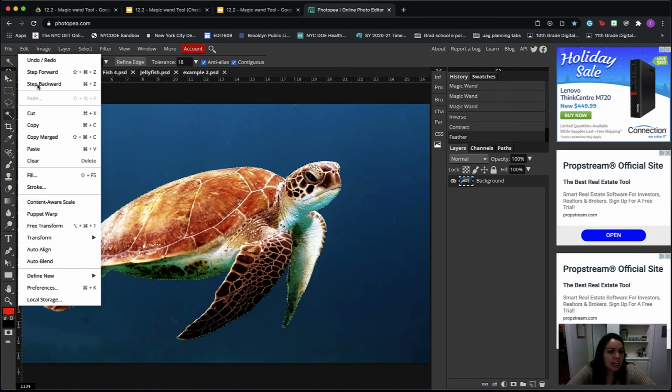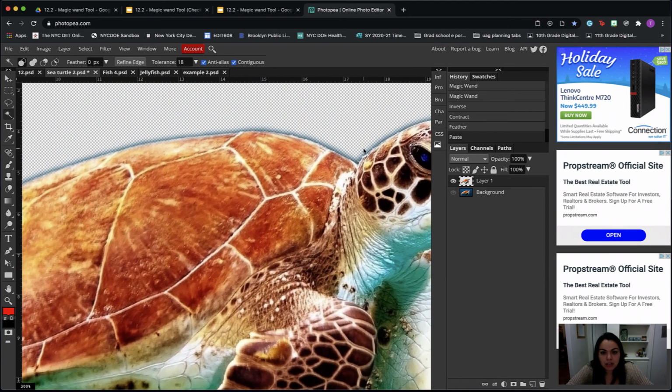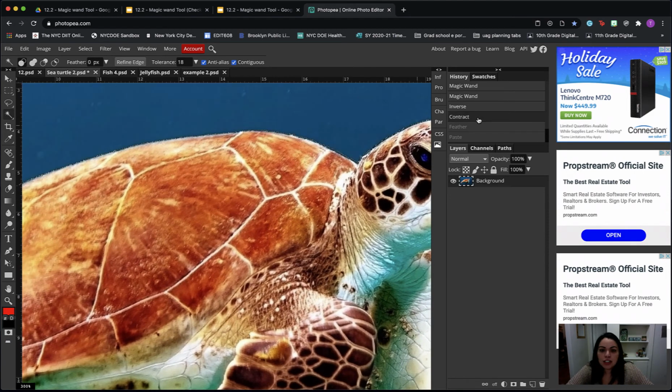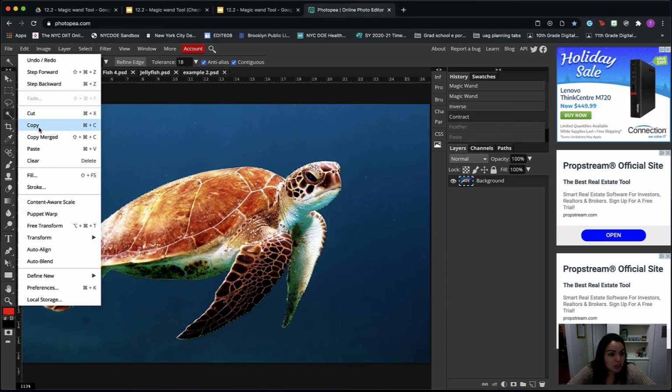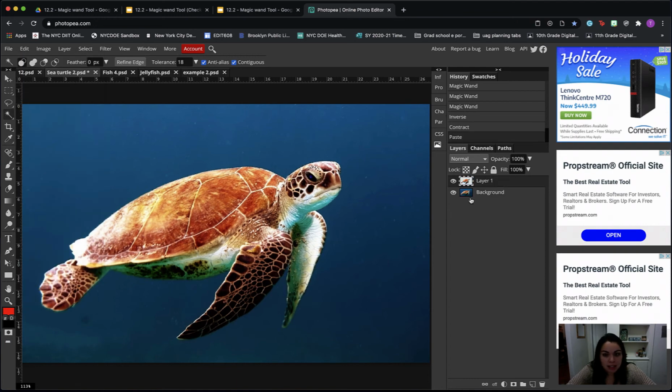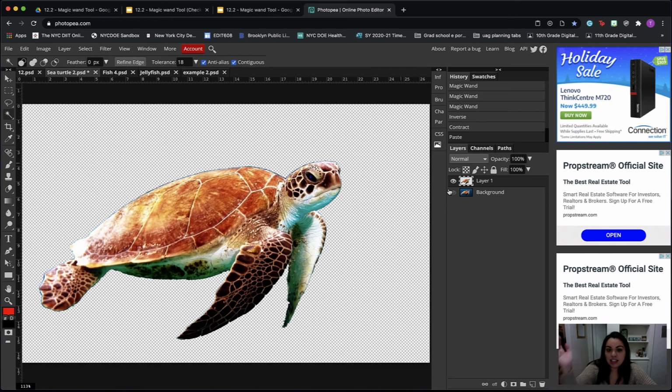I'm going to edit copy and edit paste my selection. Then I'm going to hide my layer. Do you see that kind of faded out look at the edges of the turtle? That's a feather. Let's go back and pretend I didn't feather. So I'm going back in my history right up here, and I'm going to show you the difference. So I'm going to, again, go to edit copy, edit paste, and my selection should be a lot more precise, and it doesn't fade into nothing. So that's how you use the Magic Wand tool, and those are a few modifications you can make to a